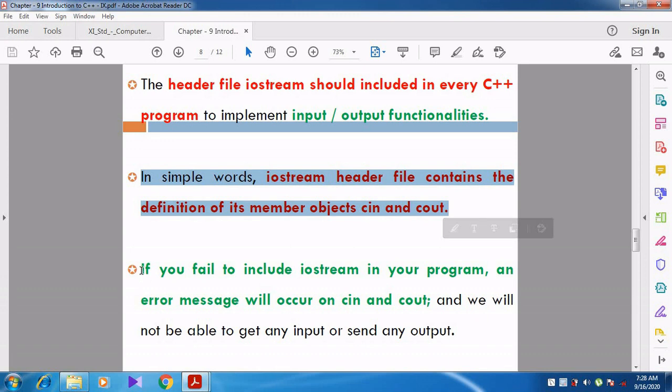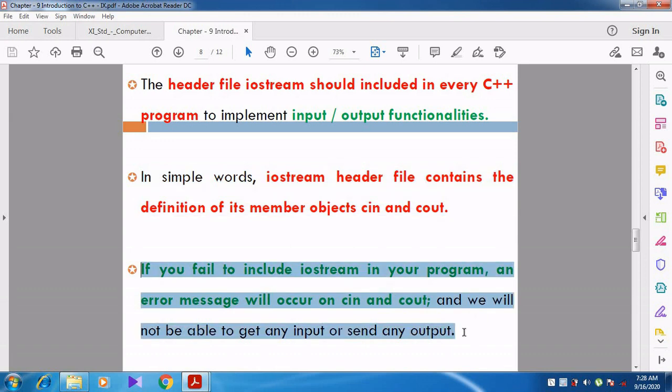If you fail to include iostream in your program, an error message will occur. Why will the error message occur? Because whenever we use cin and cout statements in our program, their definitions and declarations are in iostream.